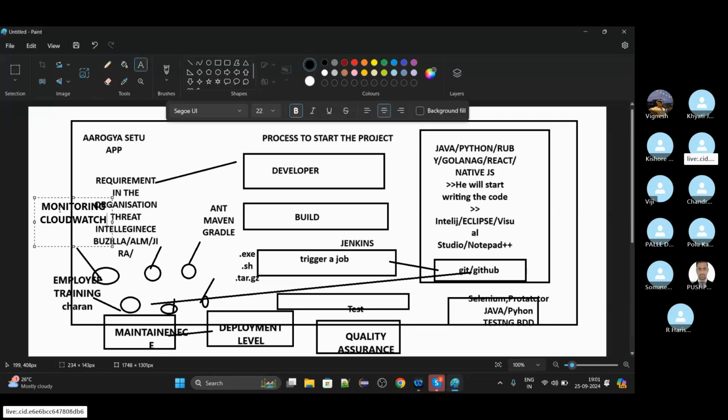Fine. So pretty much this is about the software development life cycle. Tomorrow we will be discussing the agile methodologies, stages, and the implementation, how we do it, and then we will move on to AWS also. I will be taking 2-3 sessions for you guys, because I got to know that whatever AWS you have learned is very basic, which is not relevant for the industry level. I will talk to you at the architecture level, how architecture works, not at the service level. 3 classes is more than enough to make you understand, I feel.